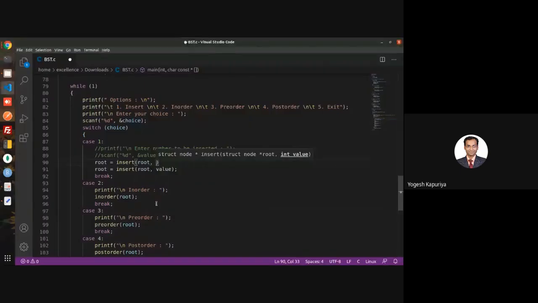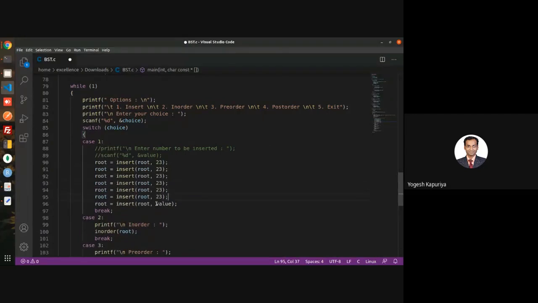Root value is 23, 18, 35, 12, 20, 43. Okay.